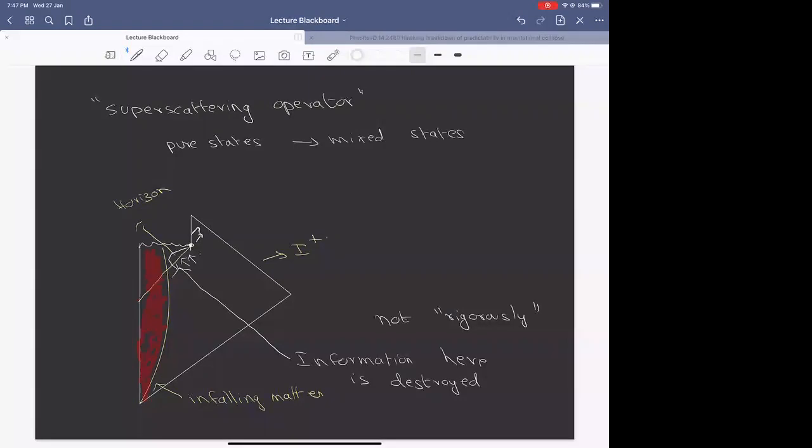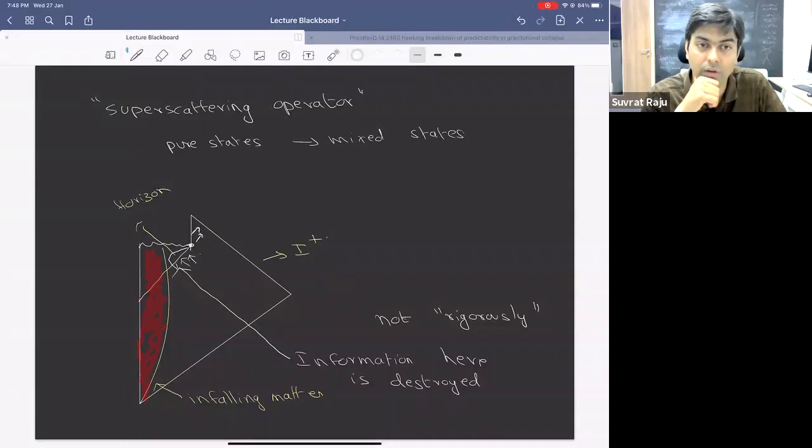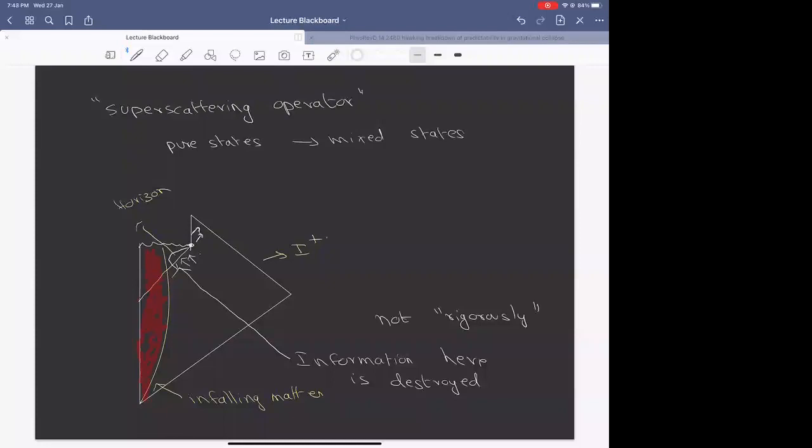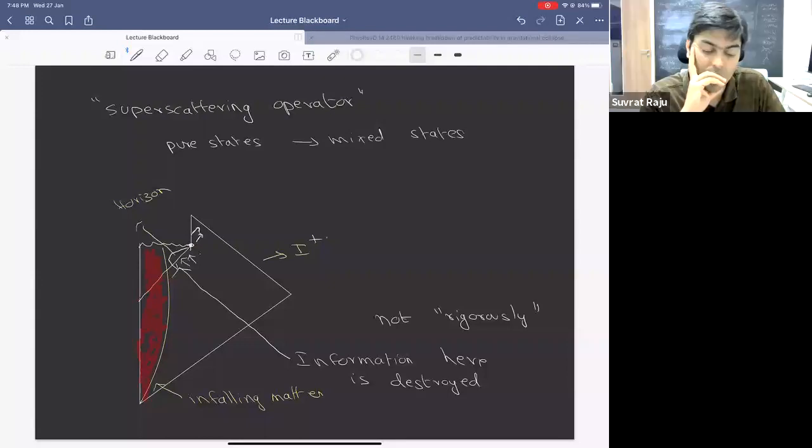Hi, so is there a calculation of the length of the singularity up to evaporation? The length of the singularity. What do you mean by length of the singularity? As in, from this diagram you have right now, there's a point up to which the horizon meets the singularity, right? So we seem to have said that the information, at least the information which went into the singularity, should be really lost. Yeah, so I'm not sure what you mean by length of the singularity, but there is a point